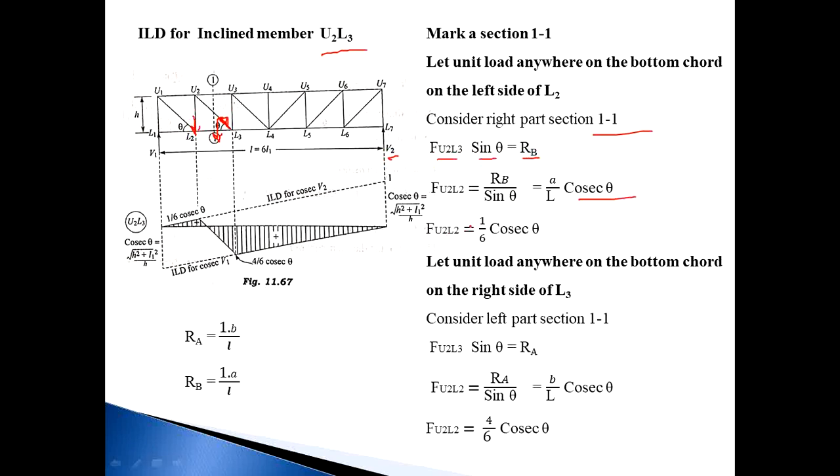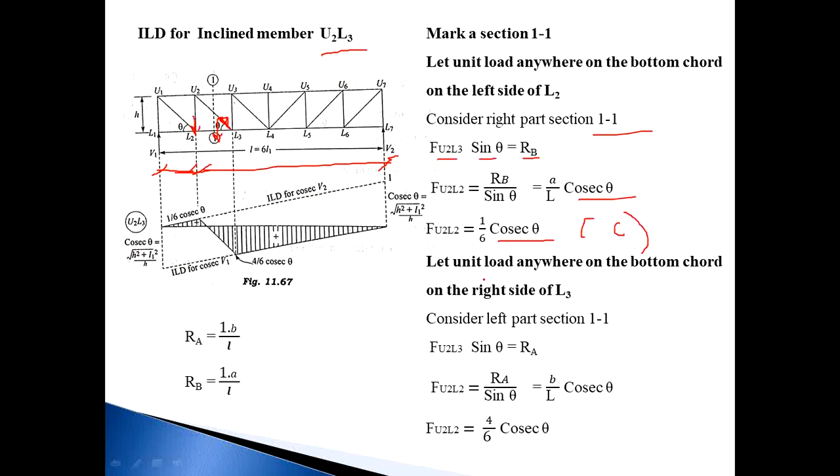So RB is equal to, I want to find the ILD at L2, that is the U2 point. So what is the B value? This distance is the B value, which is 5. And what is the A value? This is 1. So 1 L1 upon 6 L1. L1 gets cancelled, so your remaining term is 1 by 6 cosec theta. And the nature is towards the origin. Towards the origin means that it is compression.